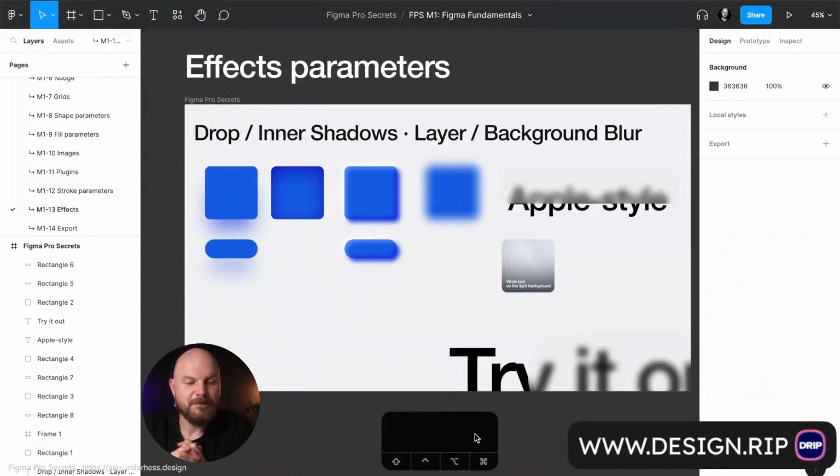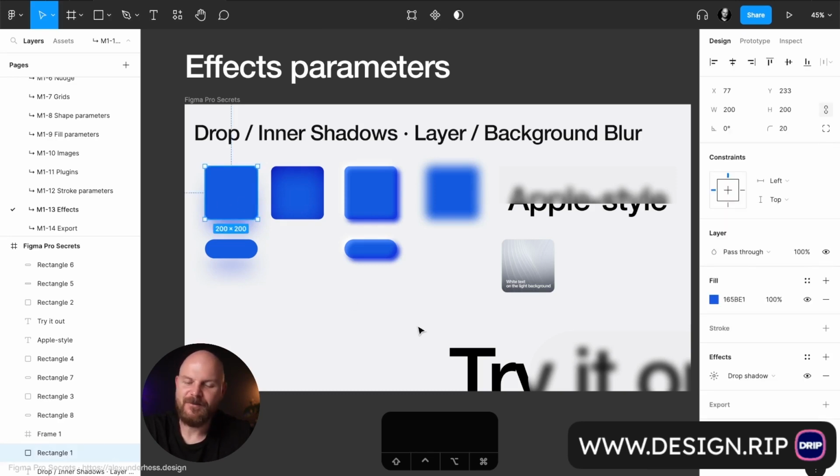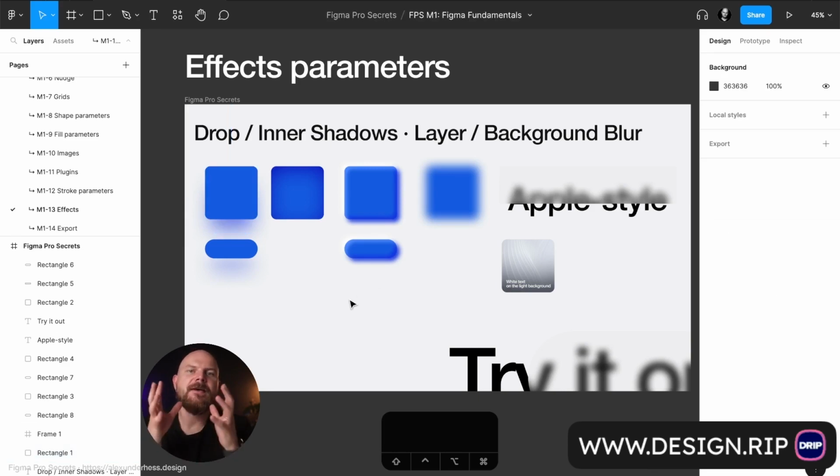One more parameter section that we haven't discussed yet is effects parameters. In effects parameters, again, let's create a shape, something like a rectangle. The effects parameters are exactly under the stroke parameters layer. Using the effects, we can achieve really mind-blowing effects and results, and I'll show you in the next modules how